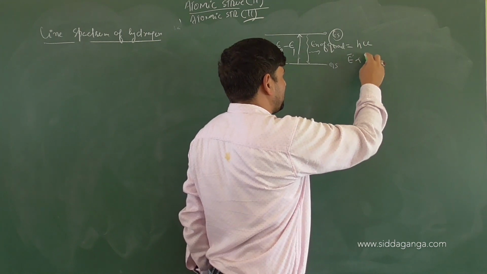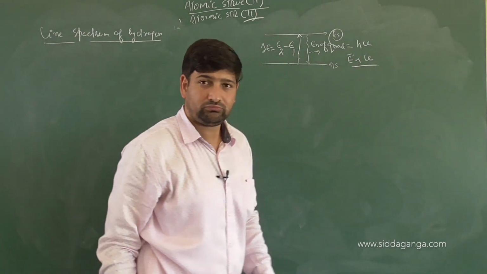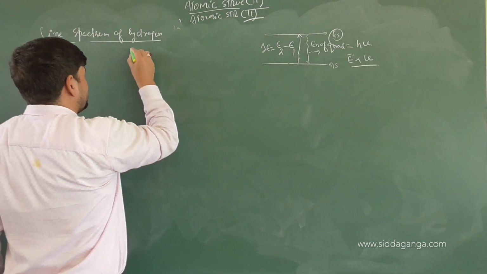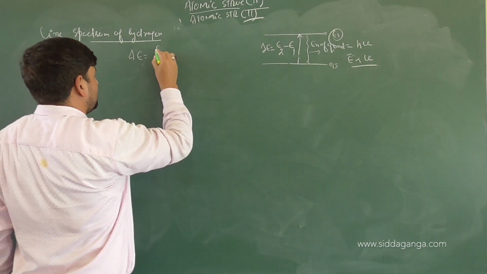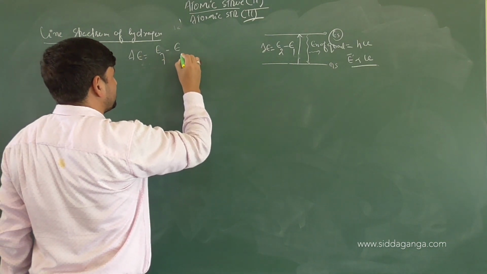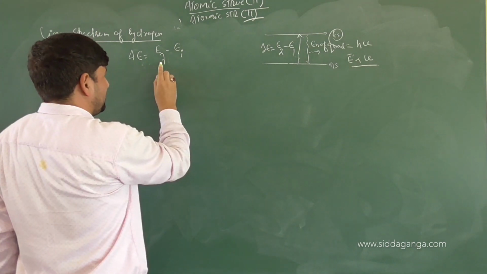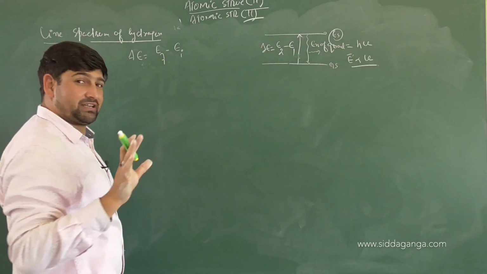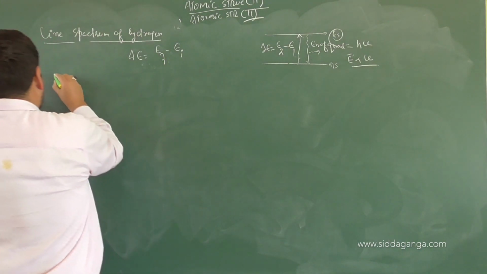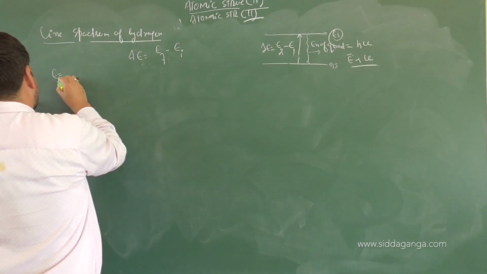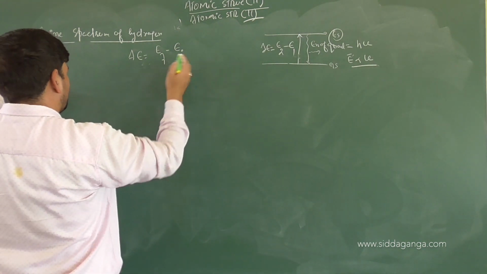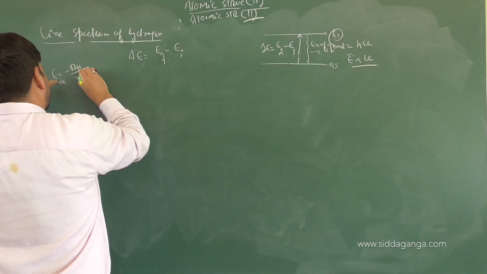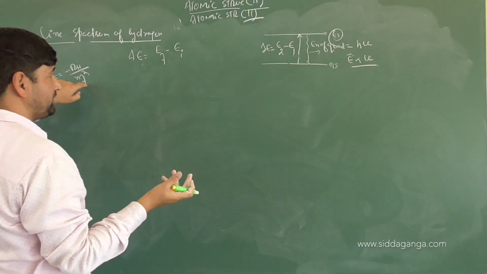So technically, energy is directly proportional to the frequency. Basic thing. Good. So we have our equation: delta E equals E final minus E initial. So excitation has occurred. Am I clear with the statement? Right. Now tell me, earlier we solved the energy of the nth shell of hydrogen. The energy of that shell, final or initial, will be given by minus RH divided by n final square. That's the energy equation we have.